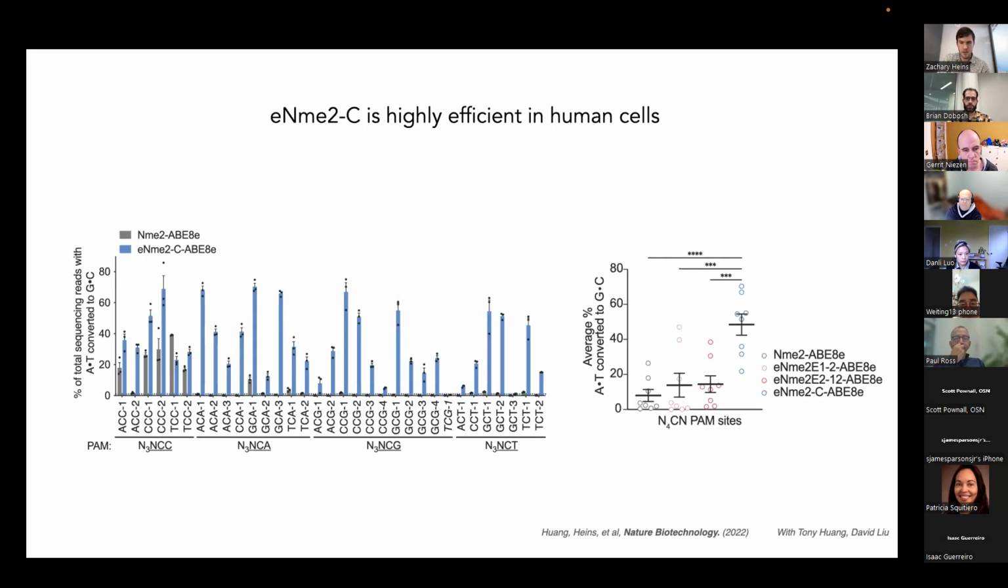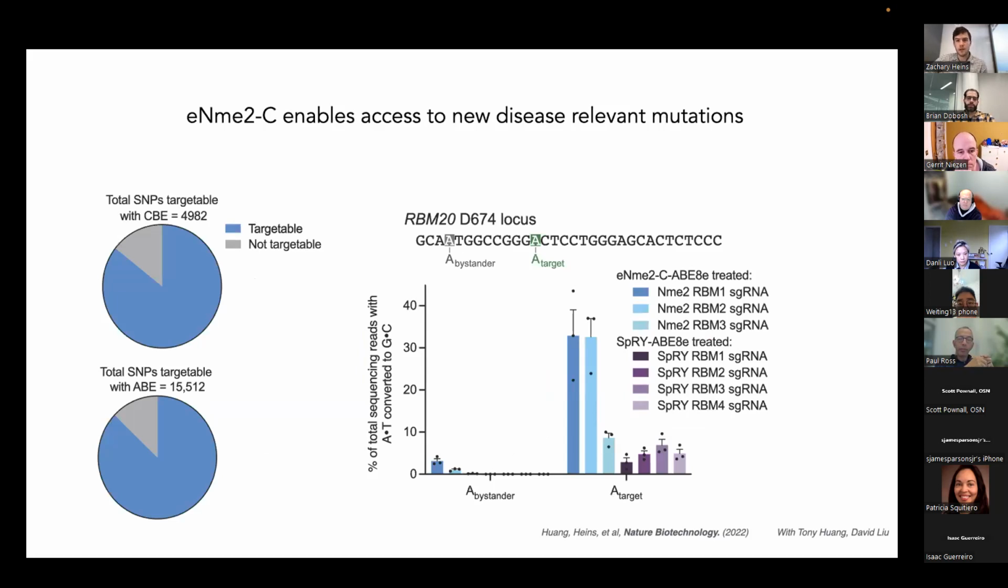We also then subsequently took these variants and showed that they're efficient in human cells. You're able to target these ACC, CCC, any C-containing region of the genome much more efficiently than was possible before. And we also were able to show that you can target disease-relevant mutation sites that were previously not targetable with existing Cas9 technology. So this specific spot is the RBM20 locus, which is a mutation that's associated with familial dilated cardiomyopathy. So we showed that these molecules were able to make mutations in this gene that potentially has therapeutic